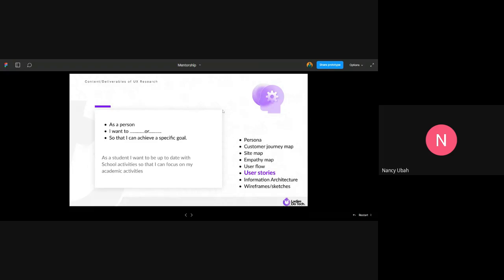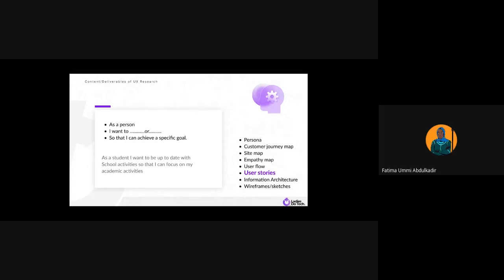Okay. Yeah, so user stories are on the user level. You've observed the user, or you've spoken with the user, and you know directly what the user wants to do. It has a template that helps you know you have a valid user story, and user stories help you validate or narrow down the features you should build in an app. This is the template: As a person, I want to do this, so that I'll be able to achieve that. That's the structure of a user story.